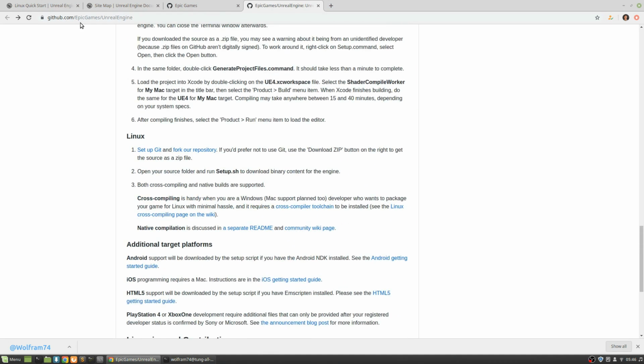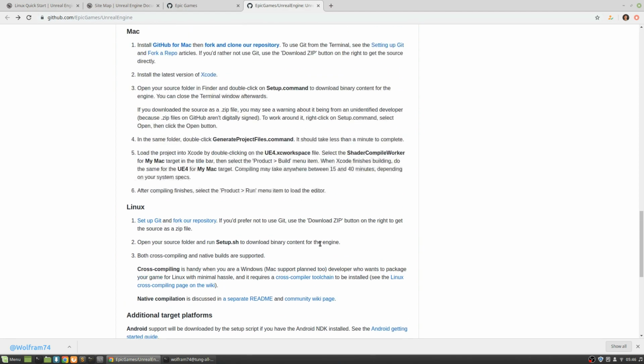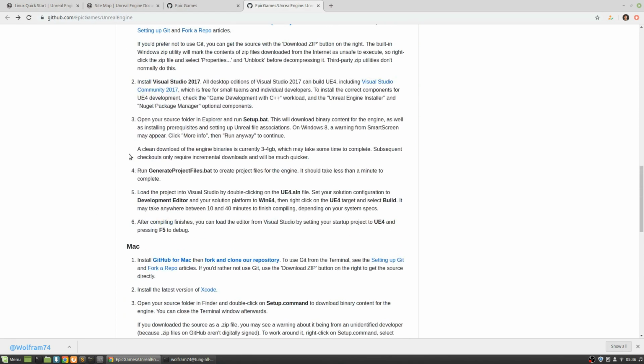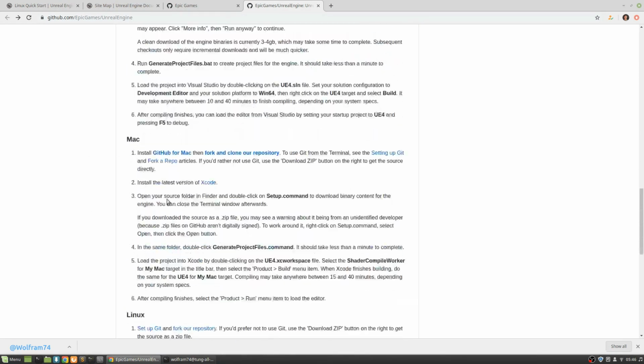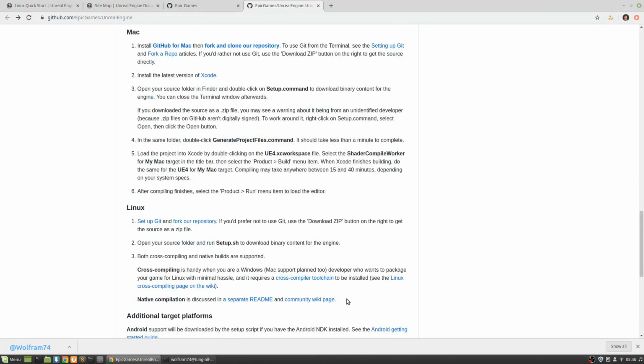I'm just following through the next steps, and I was also looking at the comparison of the steps from Windows to Mac to Linux, and it explains it in slightly different steps. Obviously, they're different platforms, but it looks like we're going through the setup command in each case. For Mac, you might be using Xcode.